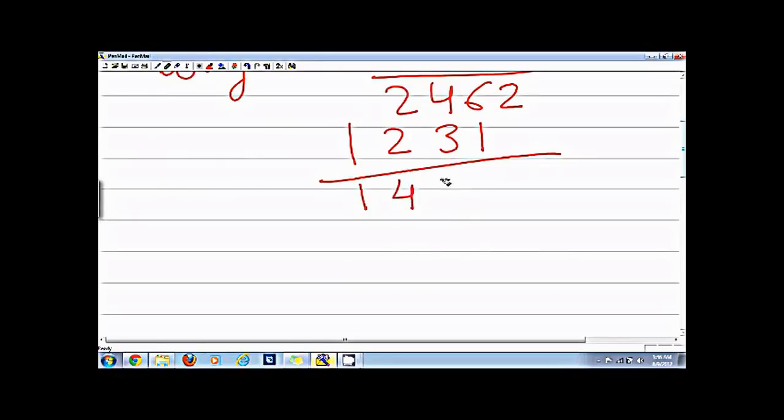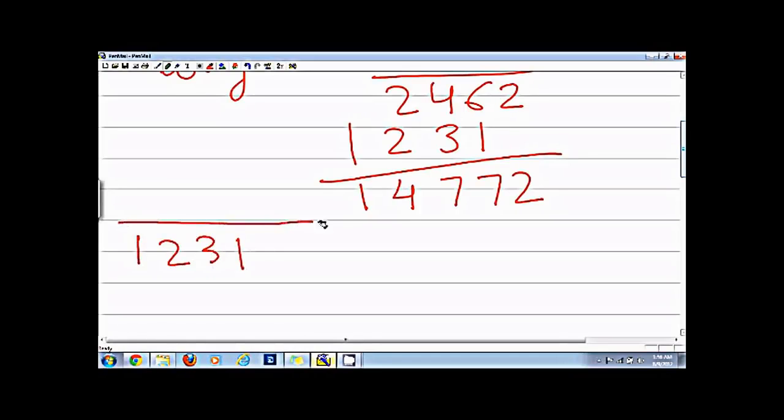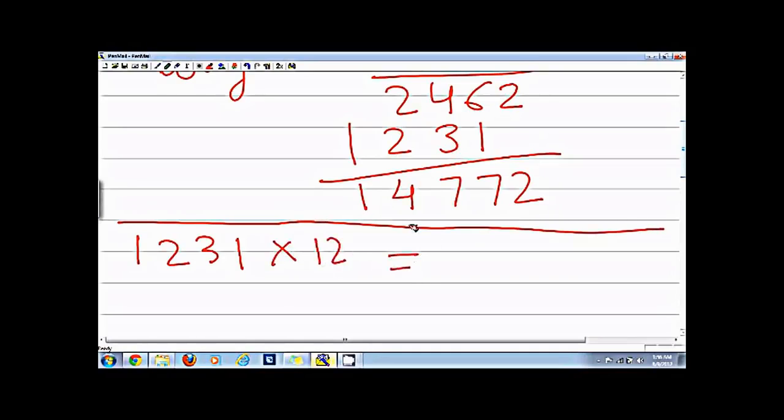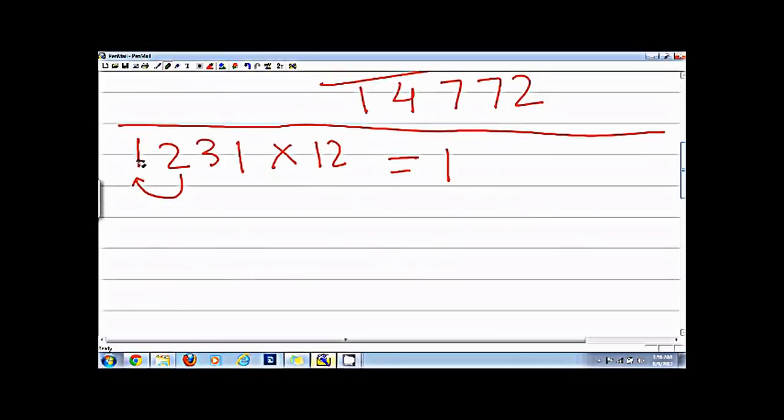4, 7, 7, 2. Now if I look at the problem again, I say 1, 2, 3, 1, and now I will use my own way, so I will multiply it by 12. So in this case what I'll do is I'll first write 1 and then add 2 into 1, but instead of adding it one time, I will add it two times. So I will say 1 into 2 plus 2, so that is equal to 4,